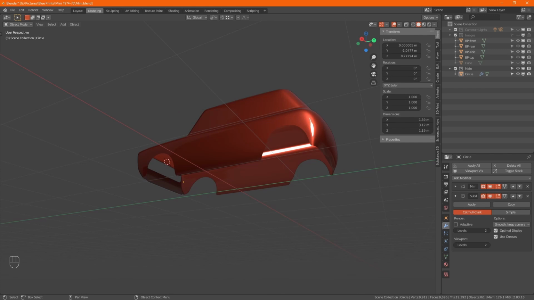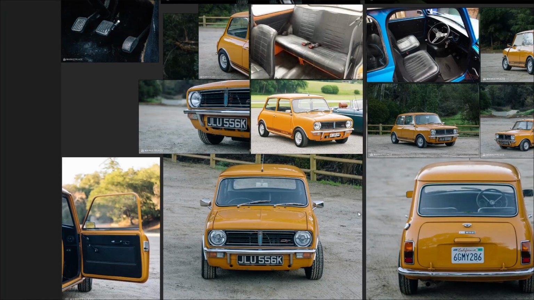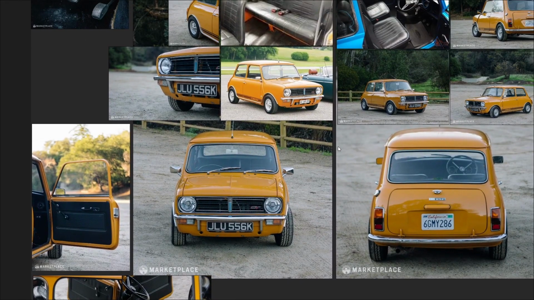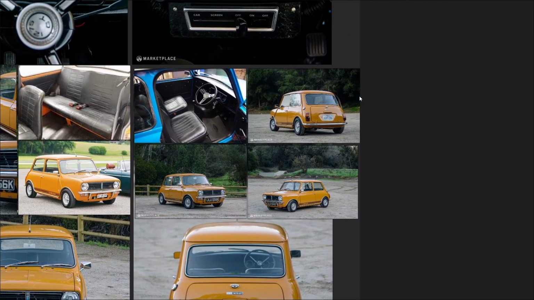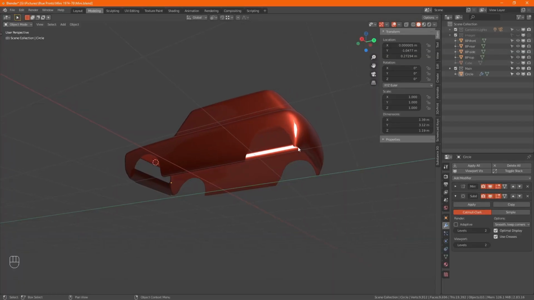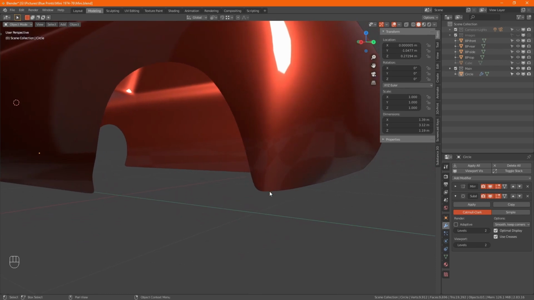Oh, I tell you what, we've not really looked at the rear bumper area, how that comes down there. So it comes down from the wheel arch and then round the back. Down from the wheel arch around the butt.